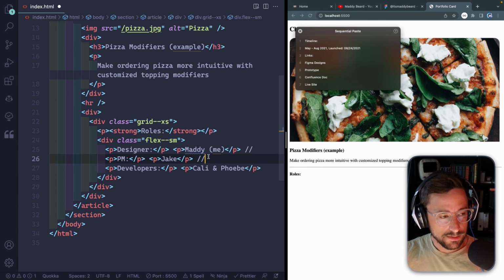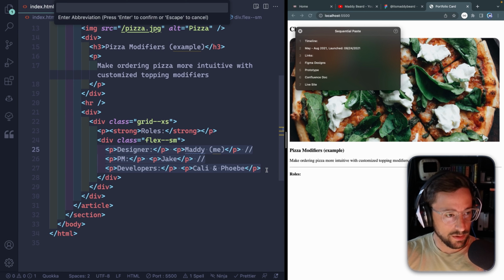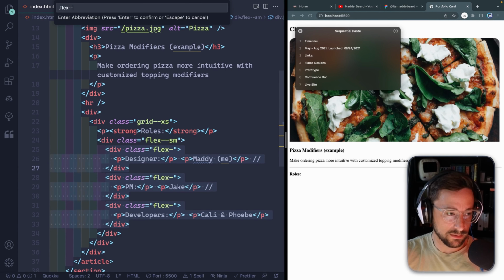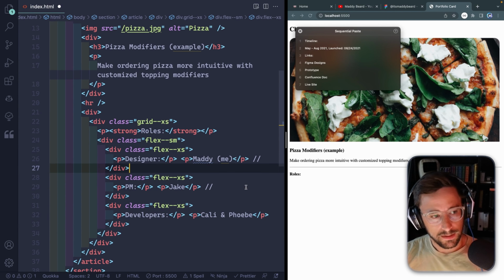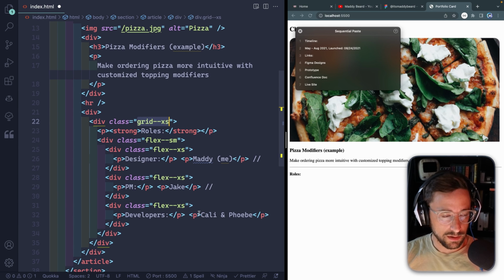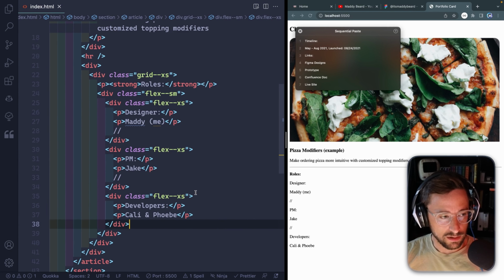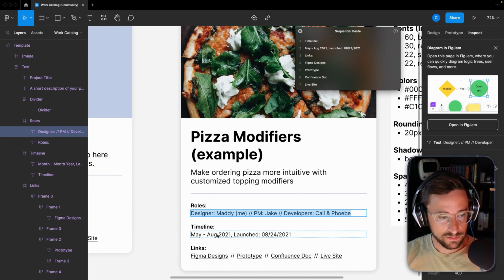Let's see, I also want to wrap each of these sections here with a flex, flex extra small, I think. Okay. Now these are little utility classes we're going to set up in our CSS that will basically give us a grid with this kind of spacing, a flex with this kind of spacing, etc. So we'll use that all throughout. I'll leave these here just so I don't forget about them. Okay, so we're basically going to use this exact same structure for all the rest of this stuff, except this